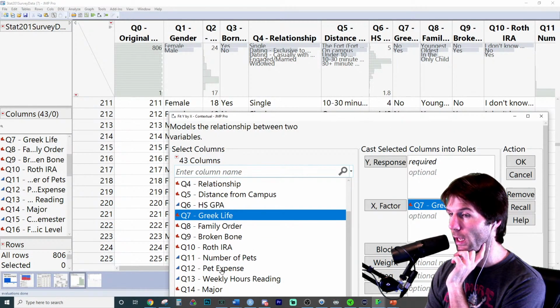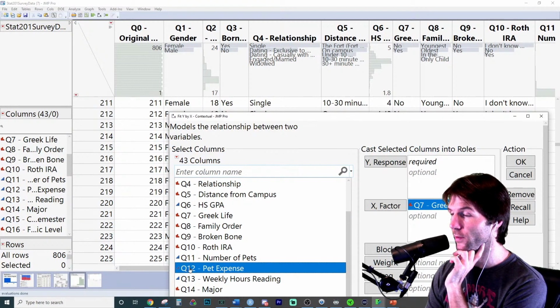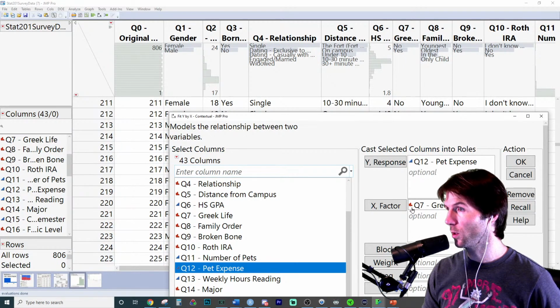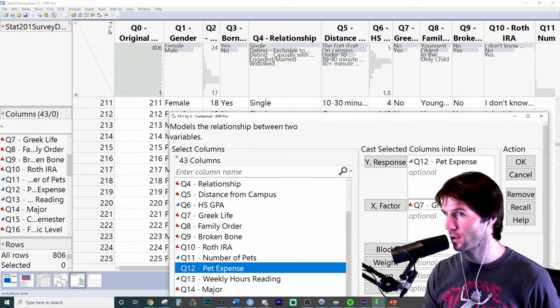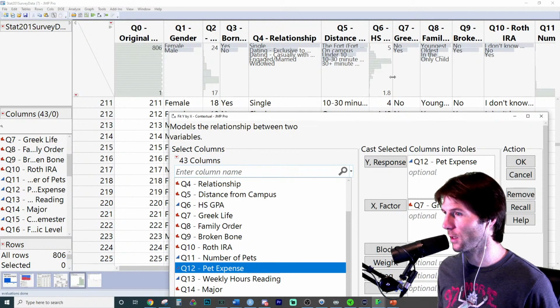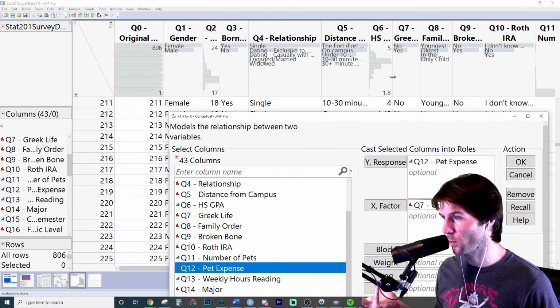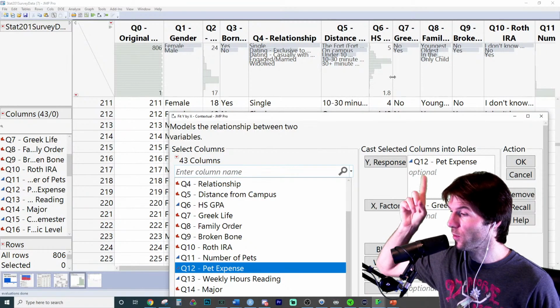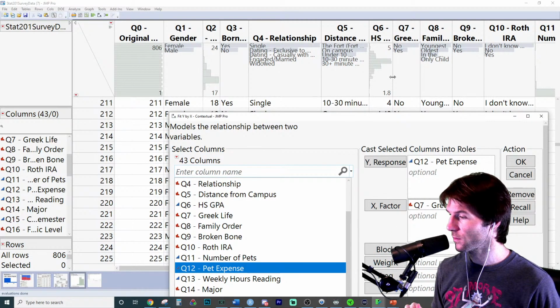And then you want to pick a blue quantitative. This Y variable has to be blue, like how much people spend on their pet. These colors tell you the variable type, telling you this is categorical. We can also see it's a 2 level categorical by looking right here. I clicked that button to see the distributions on it. Also, something like on campus, off campus would be 2 level. So it has to be a 2 level, and then this has to be blue for quantitative.